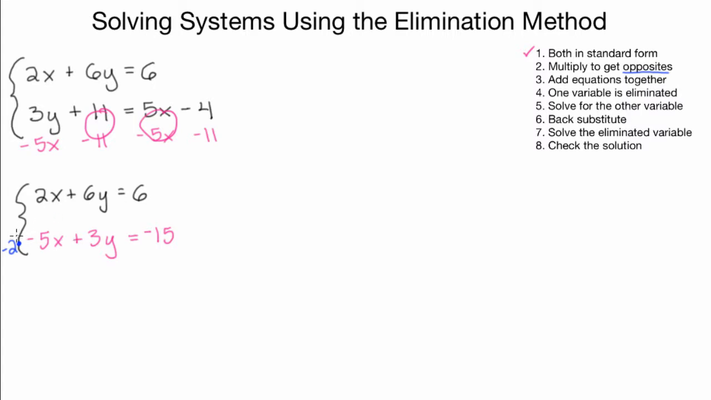Let's see what happens. I have to multiply the negative 5 by negative 2, so I end up with positive 10x. Then I have plus